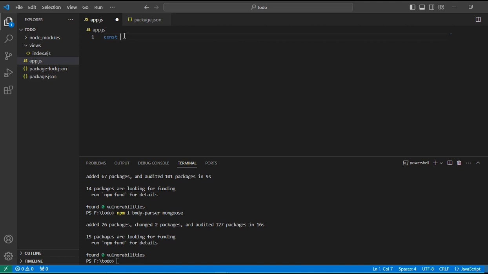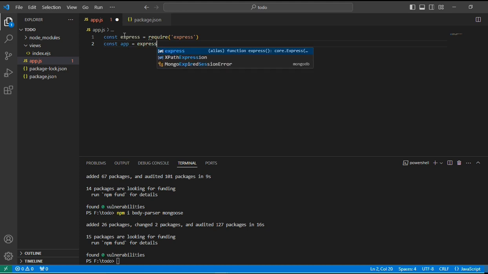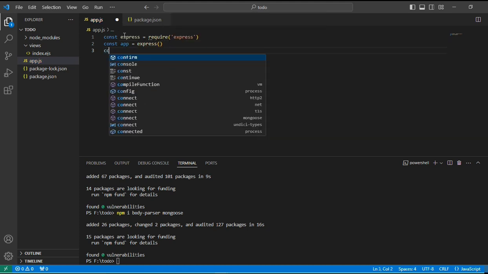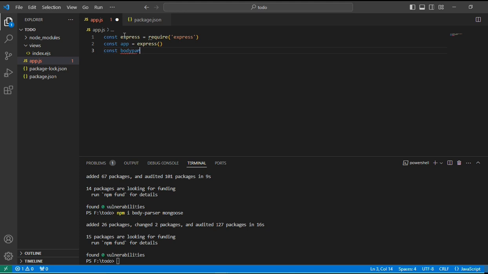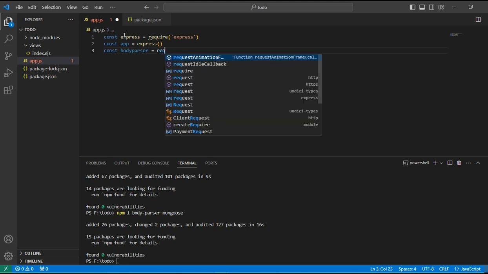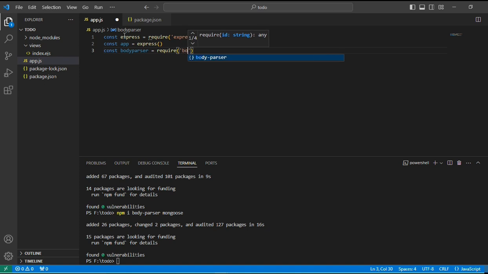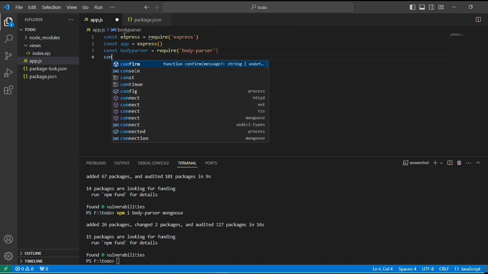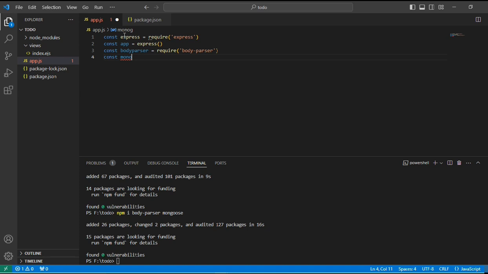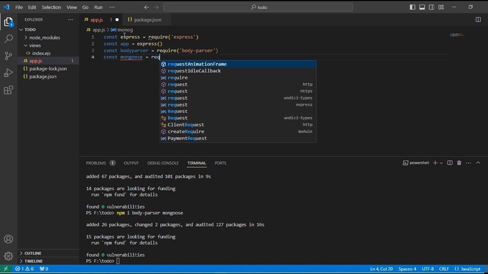Now it's time to write our code. At first, we need to create const express, require the express module, and const app is equal to express. Next one is body parser: const bodyParser, we need to require the body-parser module, and mongoose, require